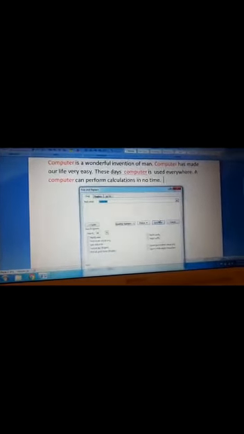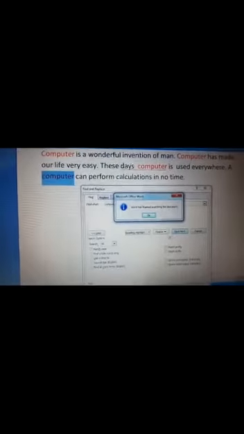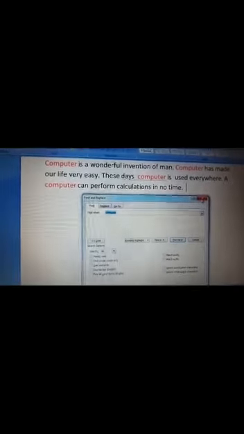Again, we will go to find. Here there is an option find next. What does it mean? That it will search the first occurrence. Again, when you will click find next, it should jump to this word. Let's see whether it comes. Yes. Again find next. Here. Again find next. Here. Again find next. So it will give you the message that Word has finished searching the document. So if you will click on OK and close the dialog box.